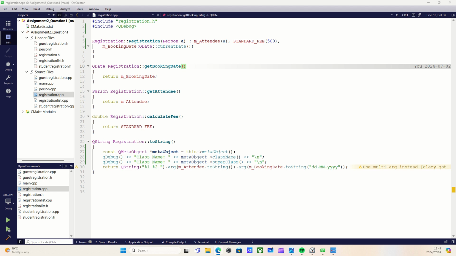But then the issue is these are properties that are found within QObject. There is no point of me to rewrite them,